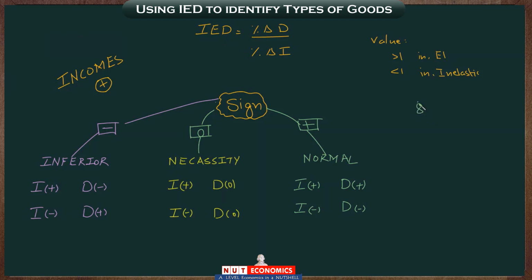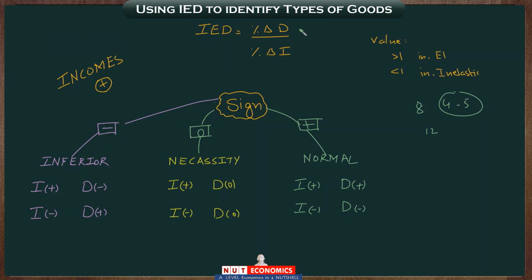Maybe sometimes it's an 8-mark question, sometimes it's a 12-mark question. Now always remember that at least 4 or 5 marks will be just for explaining that IED tries to measure the responsiveness of demand to changes in income, given everything else is constant. We compare the percentage changes, you throw in the formula and tell that greater than 1 is elastic and so on and so forth. So that's the first 4 or 5 marks. And then you just need to explain that, looking at this formula, if we are looking at a case of an inferior good, then as incomes increase, demand will fall, so IED will be negative. So the negative sign of IED helps us identify an inferior good.